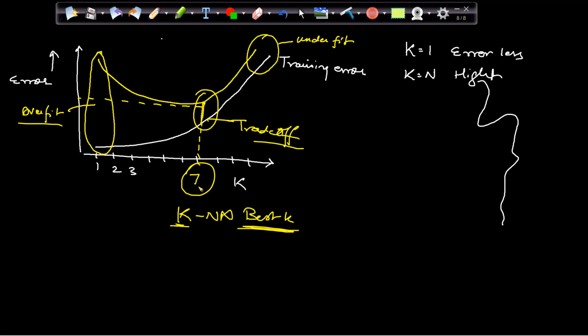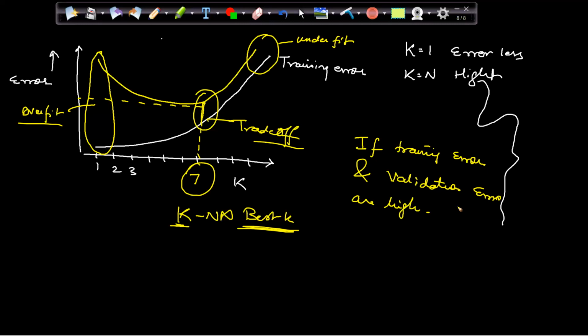So basically, if the training error and CV error are high, then it is underfit. If my training error and validation error are high, it is a case of underfitting.